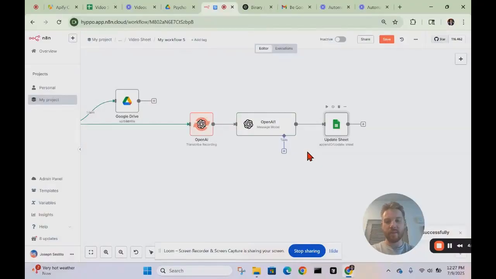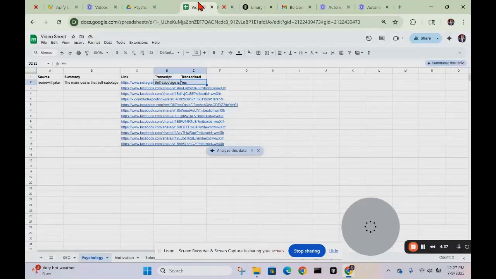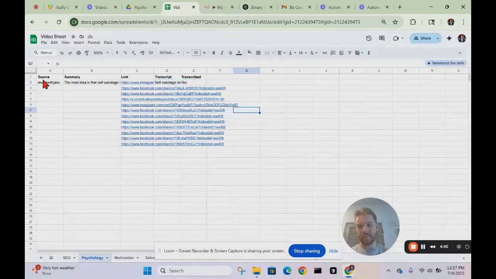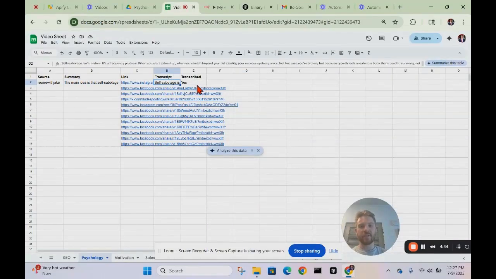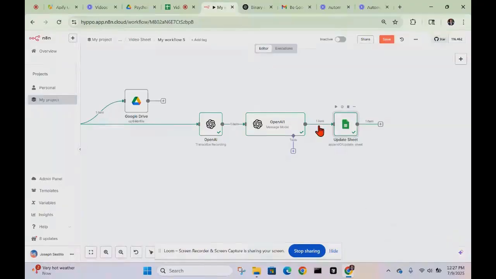And then it's going to transcribe it, summarize it, and then put it in our sheet. As you can see, it's right here: Rewire with Jake, summary, blah, blah, blah, transcripts, and our little marker. So now that we have that done,